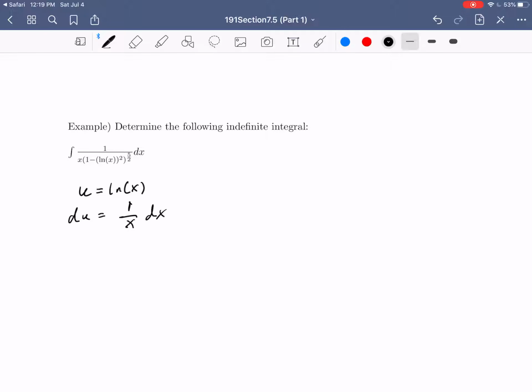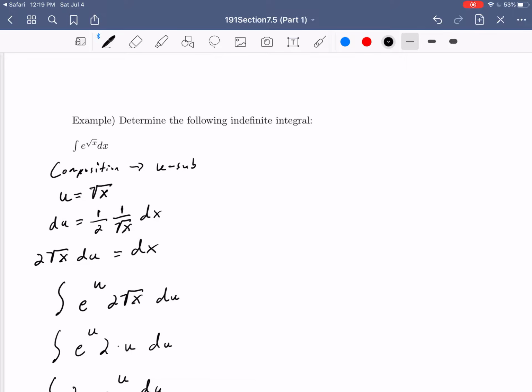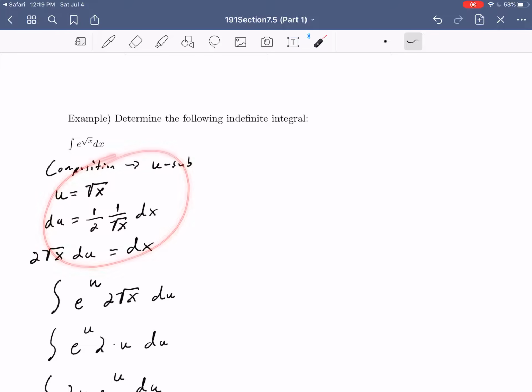What do I mean by perfect substitution? Well, if you go back to the other one we did here, this is something where I would say this is an imperfect substitution, right? We picked u equals root x because of its composition, but there was no sign of its derivative. So we just had to say, okay, let's see what happens if I play around with this, solve for the dx, plug it in, and then hopefully I can write everything in terms of u. It's an imperfect substitution. We didn't know that we'd be able to get everything cleanly in terms of u until